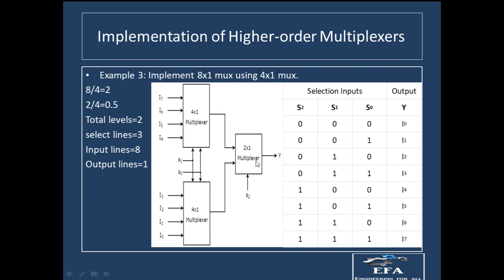So there are two ways to solve this question. I am solving this with one of the methods. The one method is that in place of the 4:1 mux we can implement a 2:1 mux. Now a 2:1 mux has only two input lines and one select line. Okay, so this is one of the methods. The second method can be that in place of this multiplexer we can use the OR gate, right?